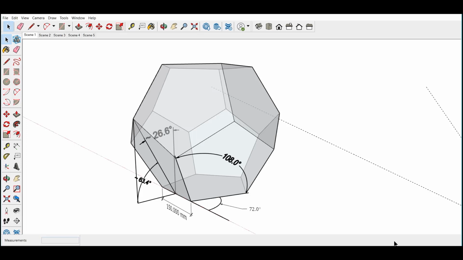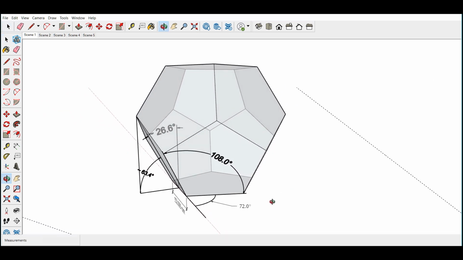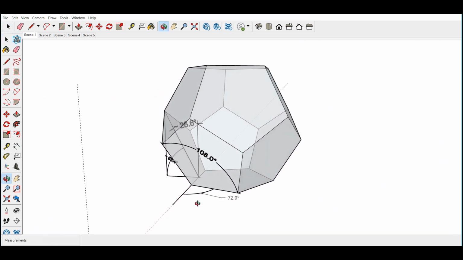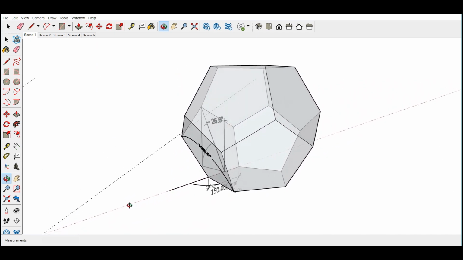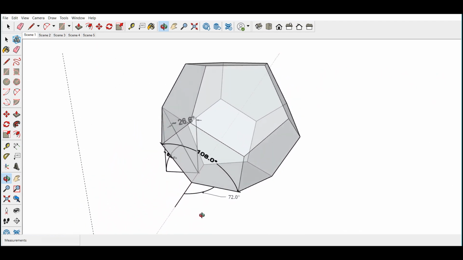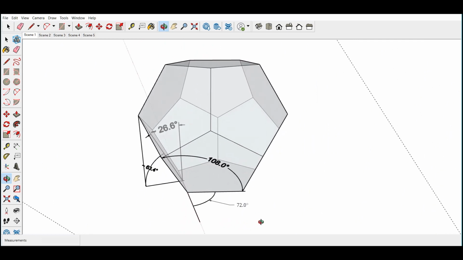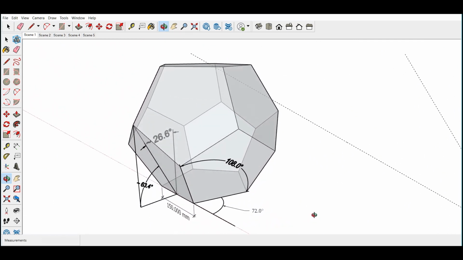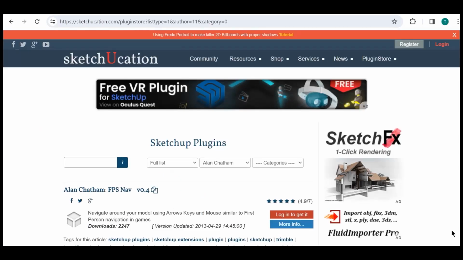A dodecahedron is a three-dimensional shape having 12 plane faces. In particular, a regular solid figure with 12 equal pentagonal faces. To help you find the correct angles and be able to display them, I suggest you go to the website